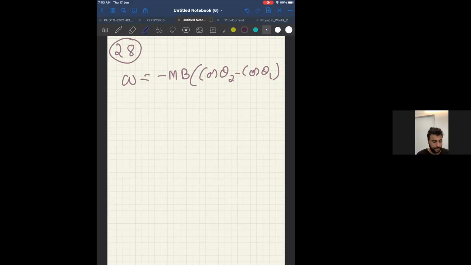Yes, sir. You have to just substitute and give me the answer. I'm getting answers C and D. Check exactly what the answer should be. Potential energy is the same as work done. Internal potential energy and work done are both measured in joules. So whatever they ask you, work done or potential energy, this is the formula.